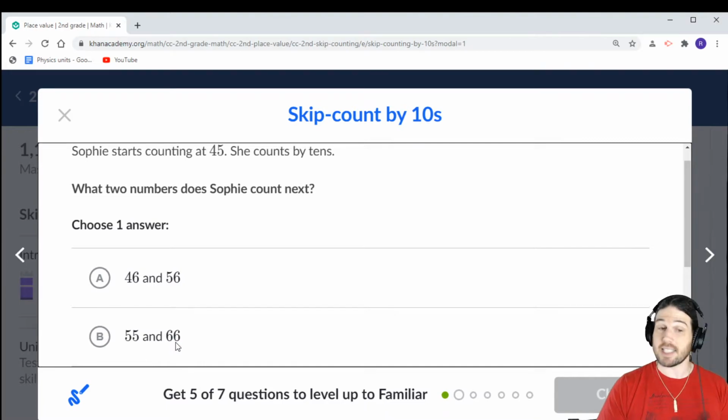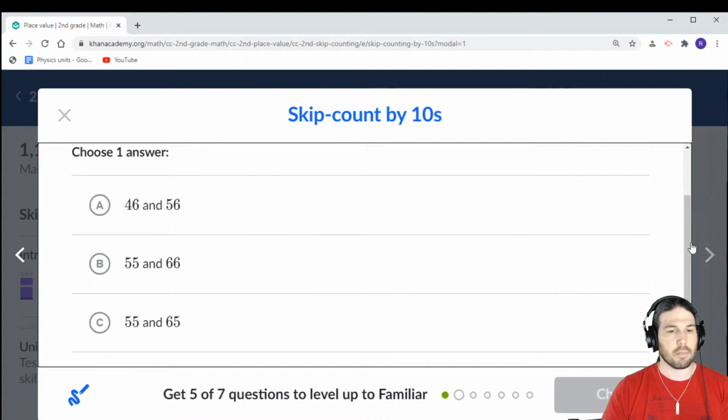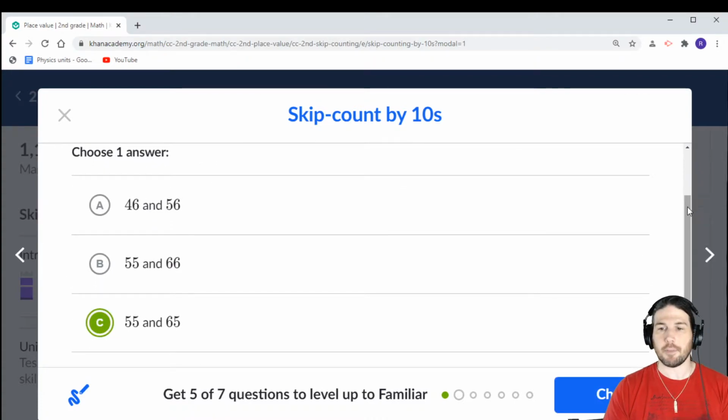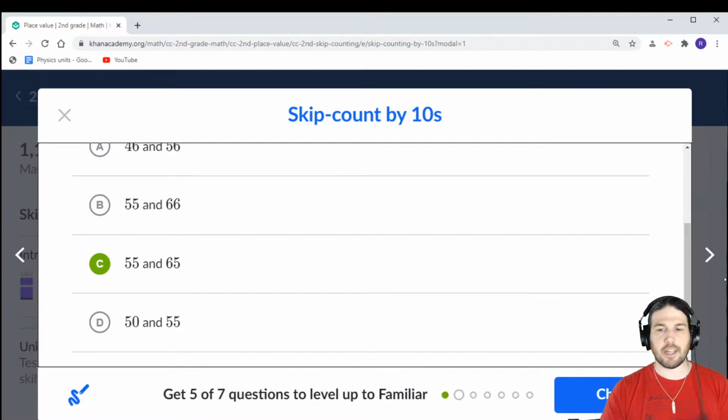55 and 66. Well, the 55 is correct. She added 10, but it looks like she accidentally added 11 to get to 66, and we're supposed to be counting by tens, not 11s. 55 and 65, I believe, is correct. And then 50 and 55